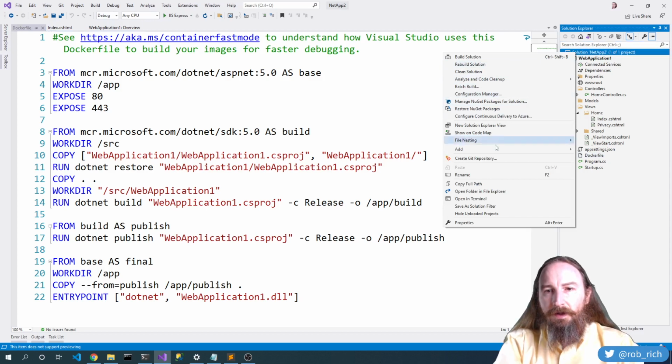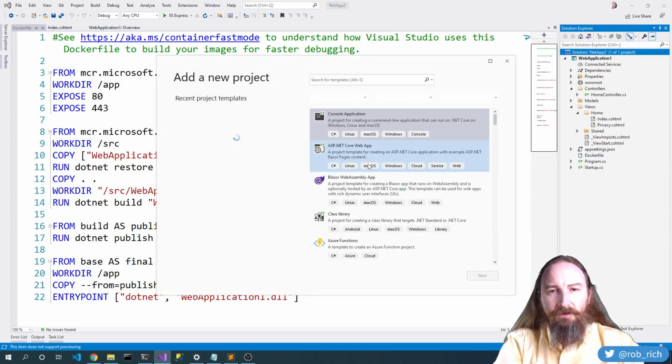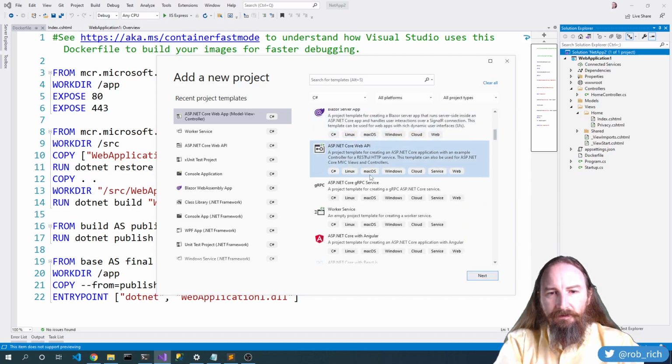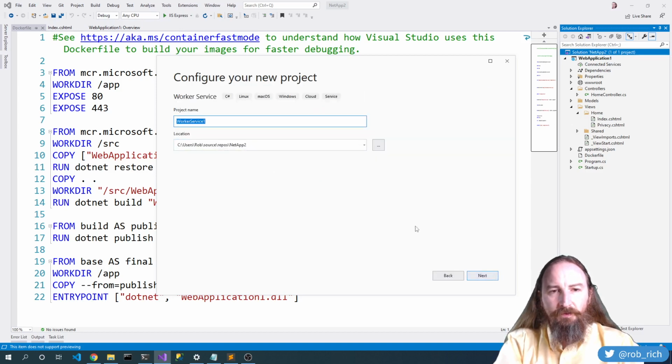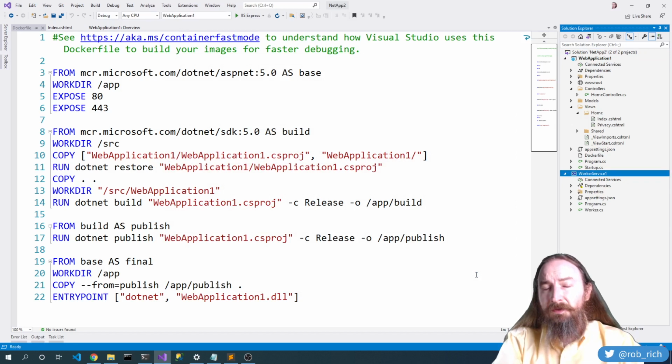That's cool. Let's go add the next project. Let's come in here and we will add a new project. Let's go grab the worker service project. So here's the worker service. Next, worker service 1, that sounds great. And I'm going to accidentally forget to enable Docker support here. Now we've got a project,